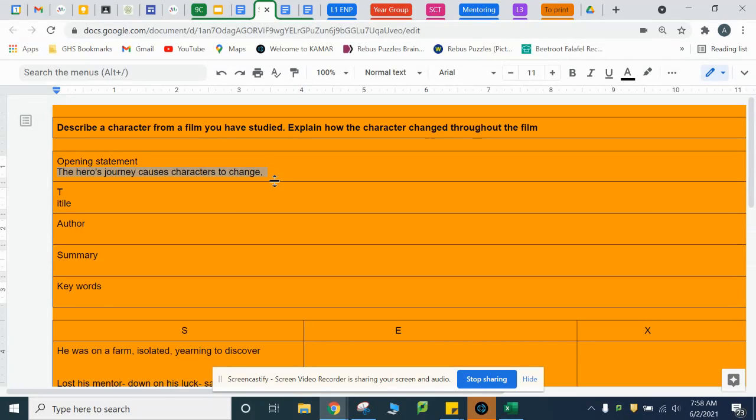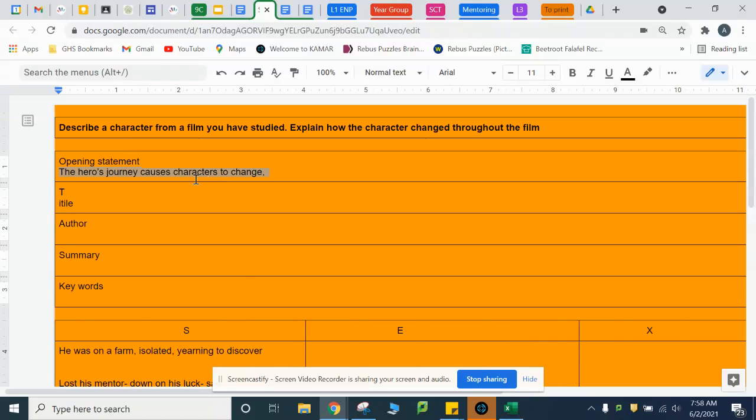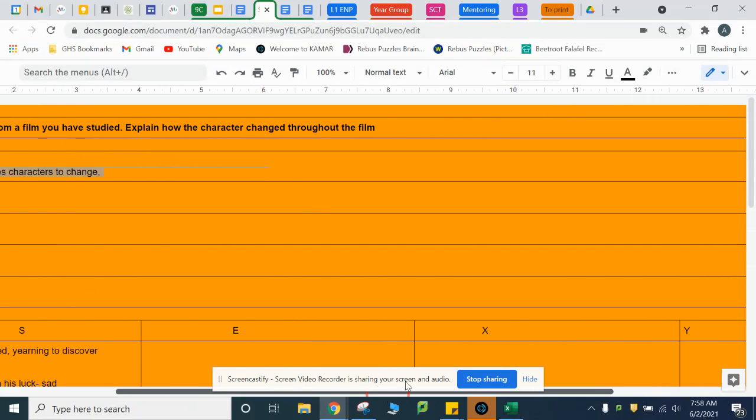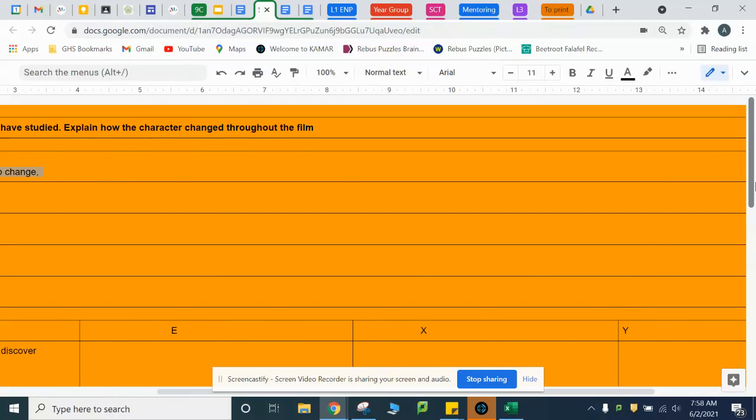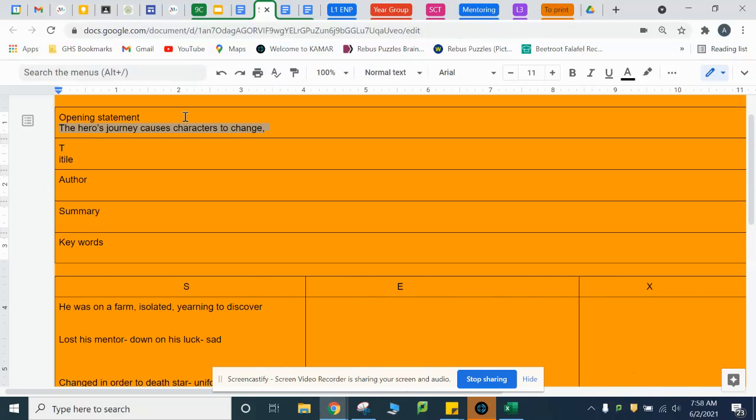When you've had a little bit more practice on how to write an essay, you should do that opening statement first, because then you can make sure that the U-link part of it answers that opening statement. But because we're just learning here, it is easier to do that after you've thought about how the paragraphs are going to work out, and then you can go back into your plan and make sure that you have answered that question throughout your essay. So every single paragraph should have a link to that opening statement. So that's how you write